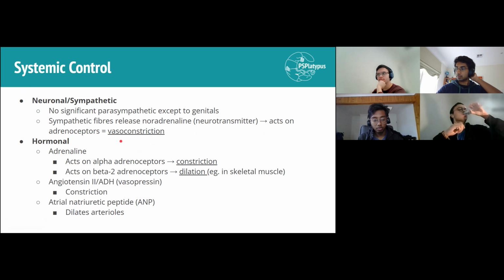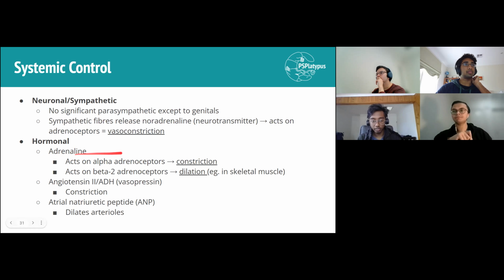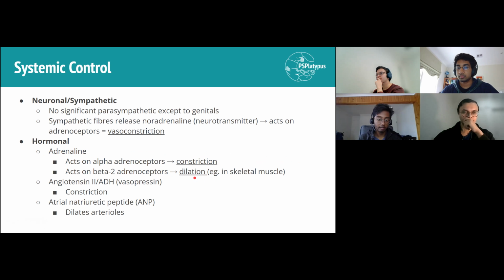As for hormonal, we've got a bunch of different hormones. Adrenaline acts on alpha adrenoceptors for constriction, so that's alpha-1, I believe, and then also acts on beta-2 adrenoceptors, but this time it causes dilation. So you're going to have dilation of one and constriction of the other in order to redistribute blood flow in a way that is conducive to sympathetic activity. So kind of like taking away from the gut and redistributing it